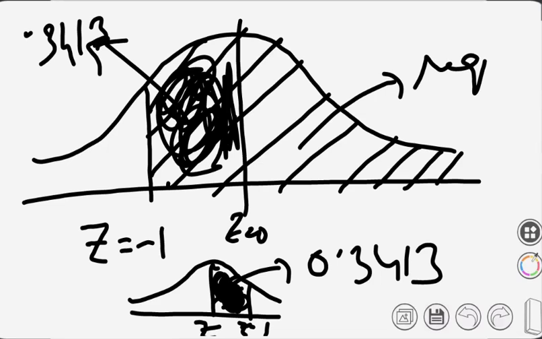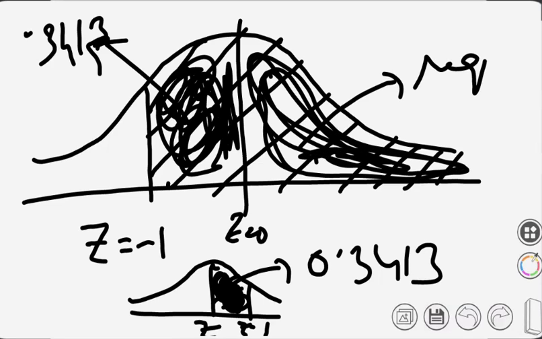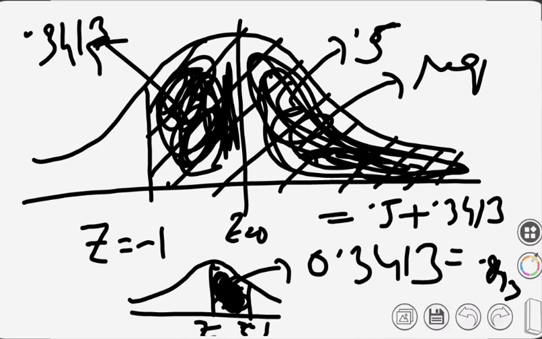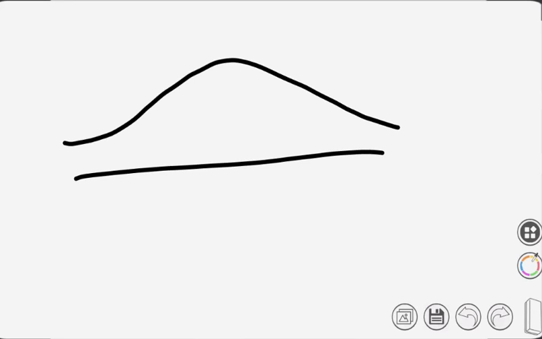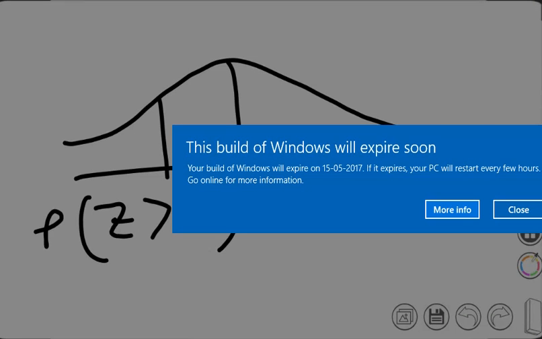And what about this area? This area is 0.5. So our required area is 0.5 plus 0.3413, which is 0.8413. So probability z greater than -1, that was the requirement,